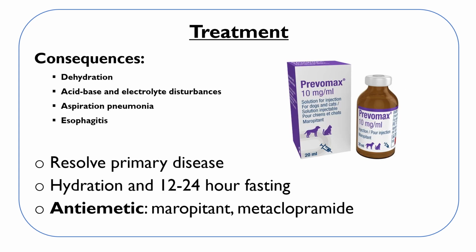Severe or prolonged vomiting can have significant consequences, including dehydration, acid-base and electrolyte disturbances, aspiration pneumonia, and esophagitis. The initial treatment should be aimed at the primary disease that I just talked about, which often resolves the vomiting. Acute vomiting usually resolves with hydration and fasting for 12 to 24 hours, but in acute cases